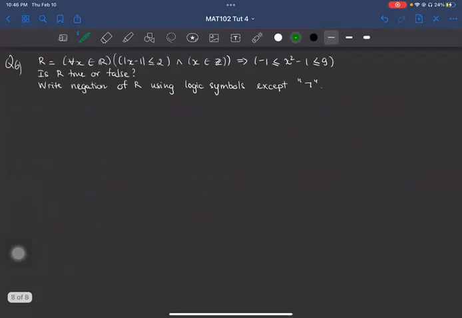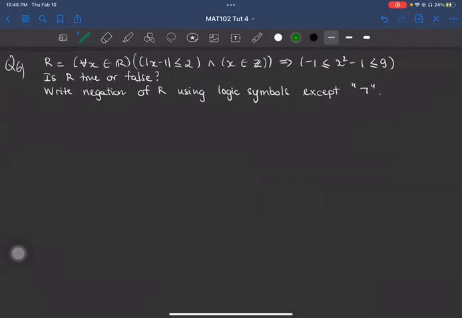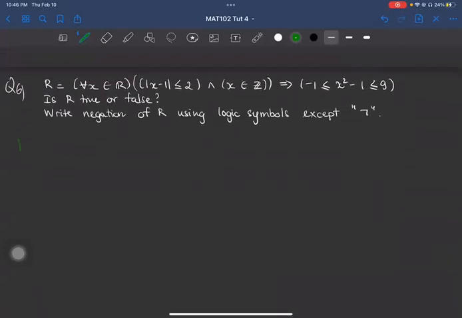For the last question, I left this as an exercise in class for people who joined the in-person tutorial because I didn't have time to go over it. But I guess I can solve it now for you as well. So same as the first question, I start to find x such that the absolute value of x minus 1 is less than or equal to 2 and x in Z is true,